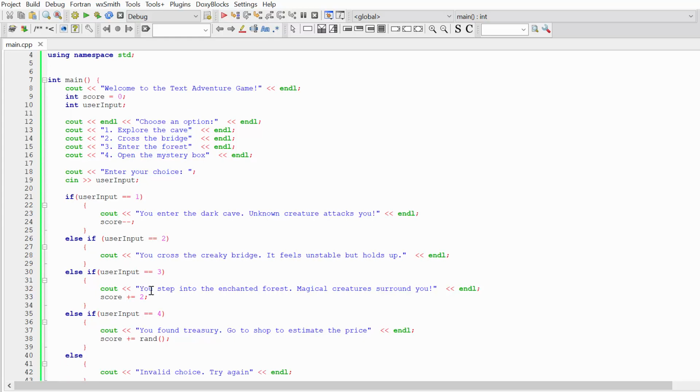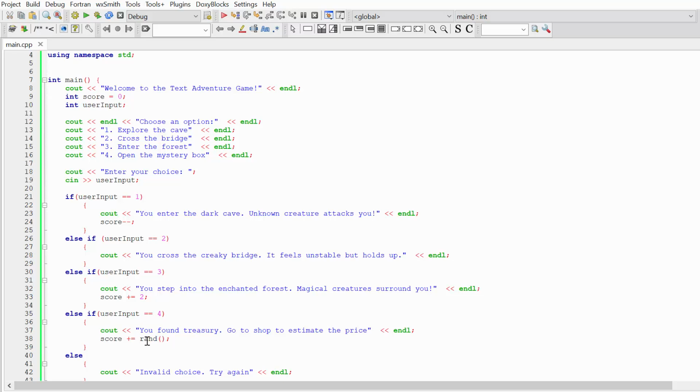If input is 3, the output will be: you are in the forest, magical creature surrounds you, and I'm going to increase the score of my user. And if input is equal to 4, I'm going to type the message: you found treasury, go to shop to estimate the price. And I'm going to increase the score of my user by some random number.